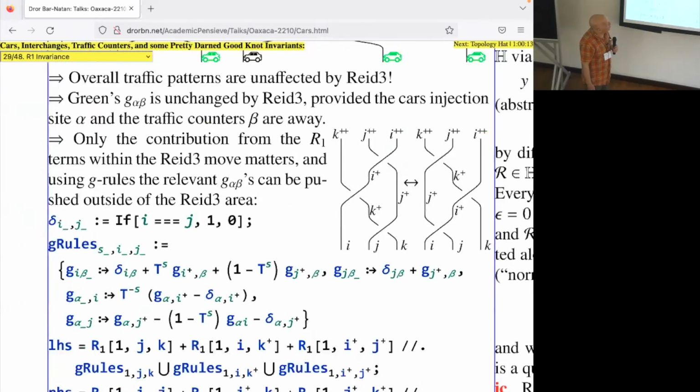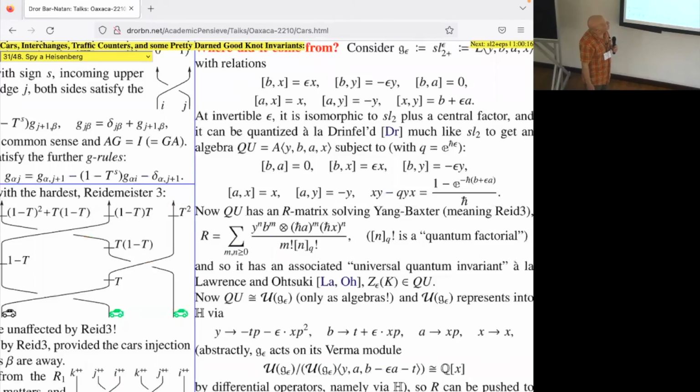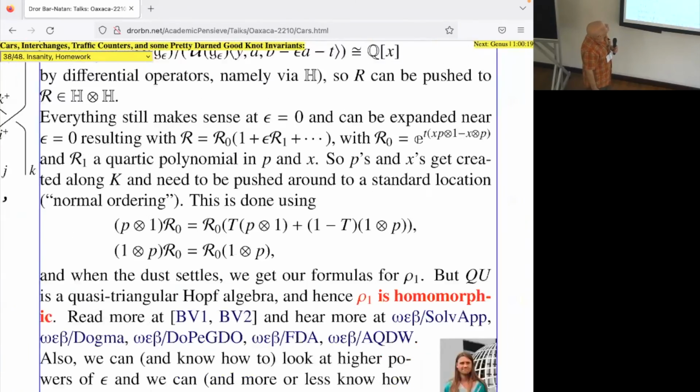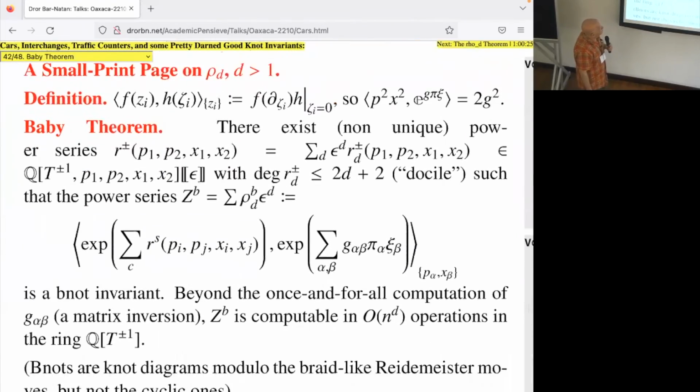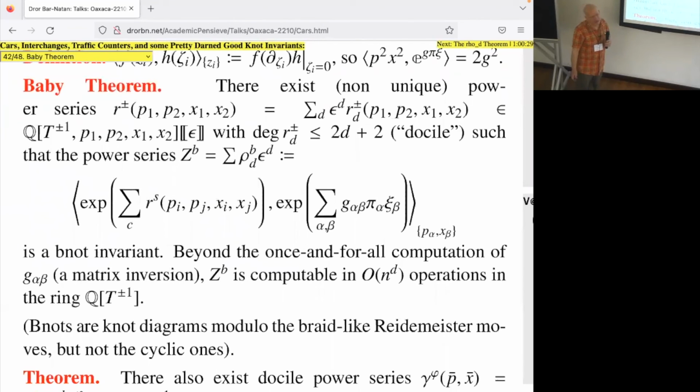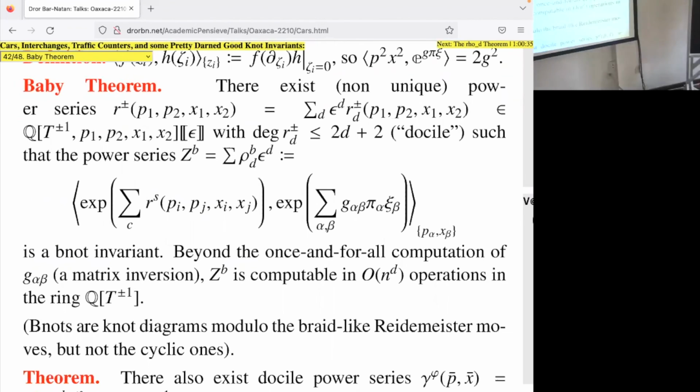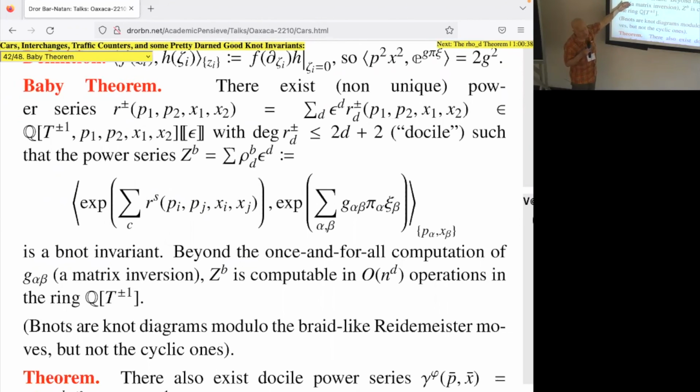Let me say that, wait, sorry, I have to skip somewhere. Right here. The formula really looks like a base formula, which is for row D in general, but it specializes to row 1. So the formula for row 1 is also the same, right? It looks like a base formula, written here, whatever the symbols mean. And the point is that the base formula is an invariant of knots,